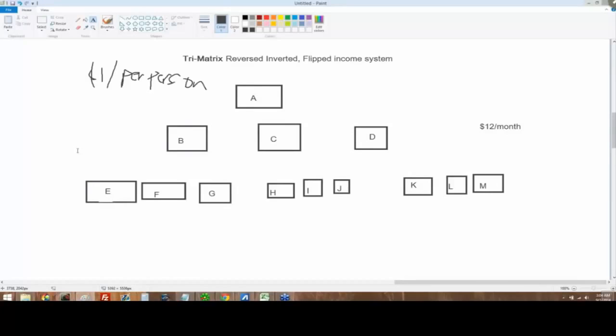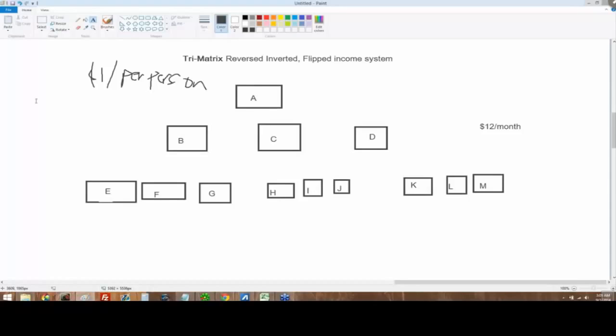Fine, A made a bunch of money. But what about all these guys at the bottom? What about these 9 people? They're not going to make anything, right? That's the problem that we're trying to address, because the people at the bottom in any company always are going to not make any money, because that's just how all the systems are set up.